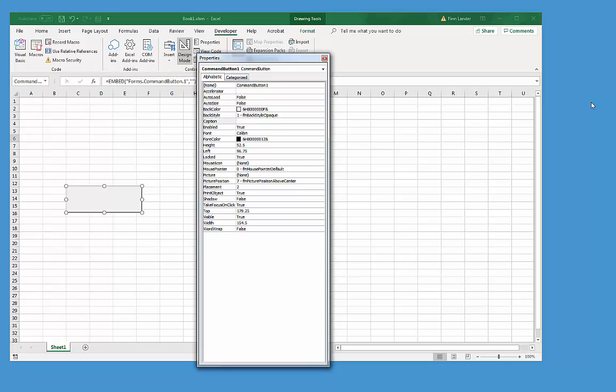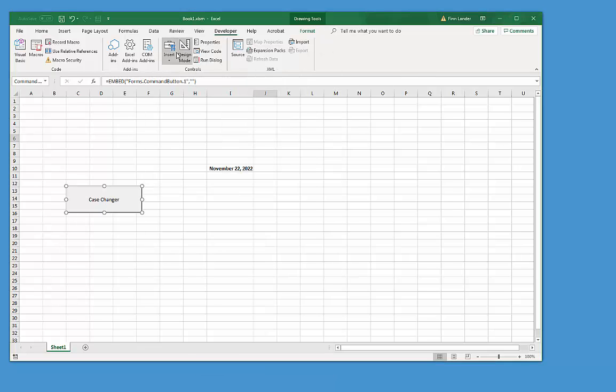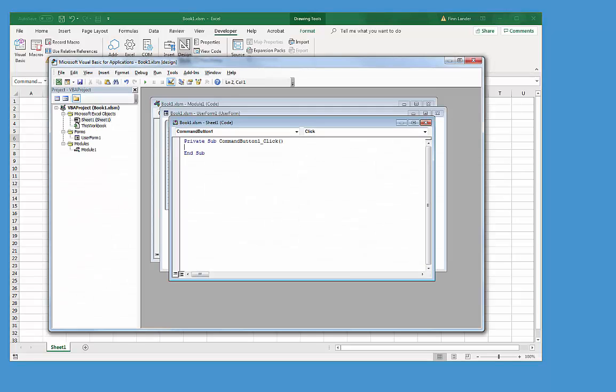A little slow there. There we go. And to code that, I just notice the design mode is pressed in by default when we insert one of these things. You can turn it off to use it, but to work on it more, we need that pressed in gray like it is now. So when I double click on that, that'll add code to the workbook for this command button 1. So it's not adding it to a module, it's adding it to the actual button. So I'm going to double click on that, and the